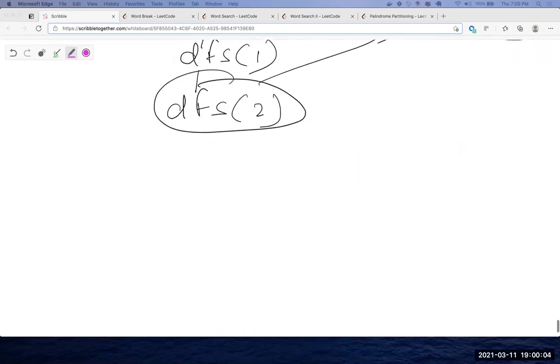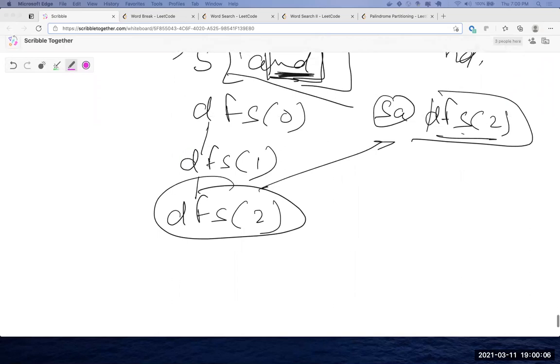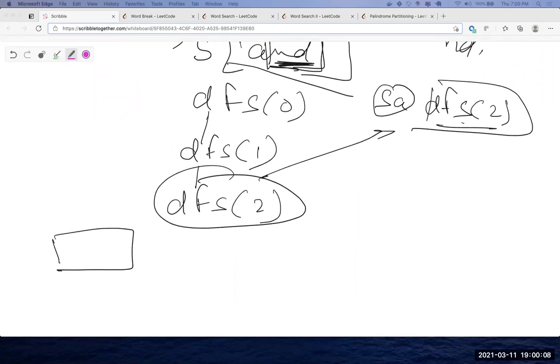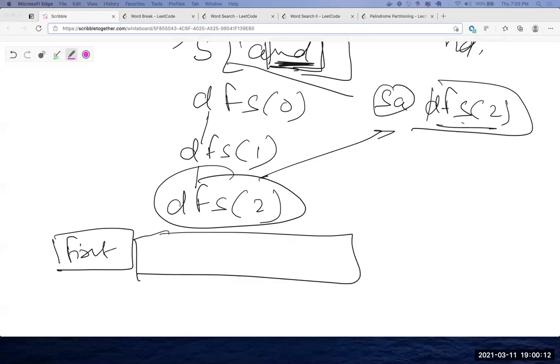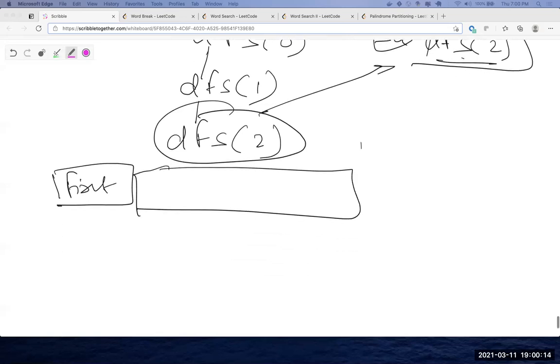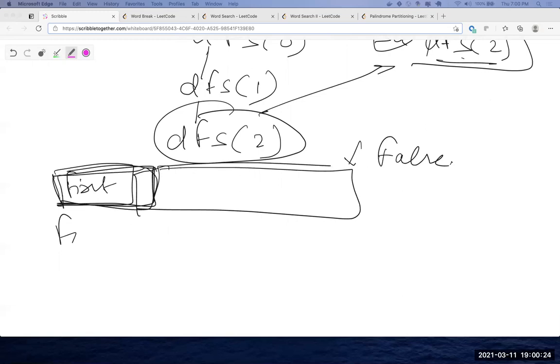You got your first word, and you did a recursion on this one, right? And let's say this returned false. But next, your first word is going to be this one, and when you do a recursion on this one, you might have already seen something in the first iteration.